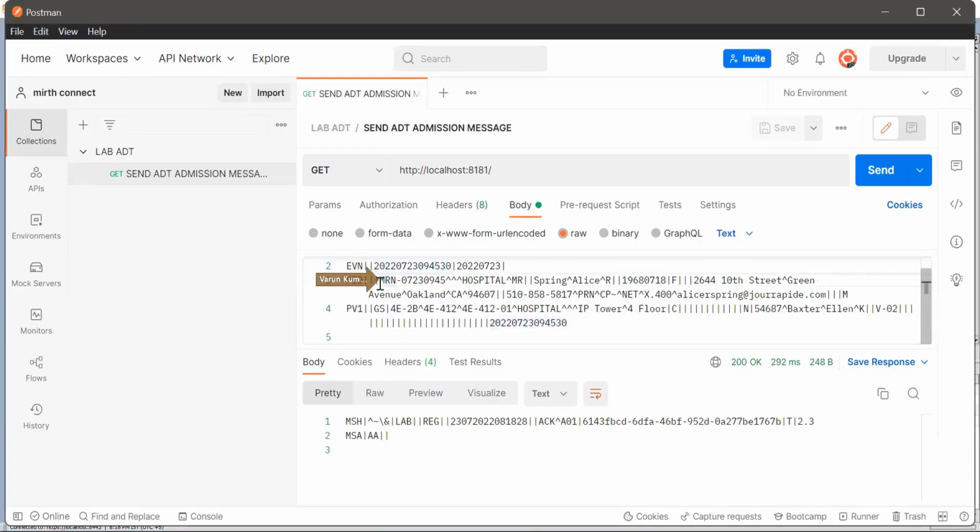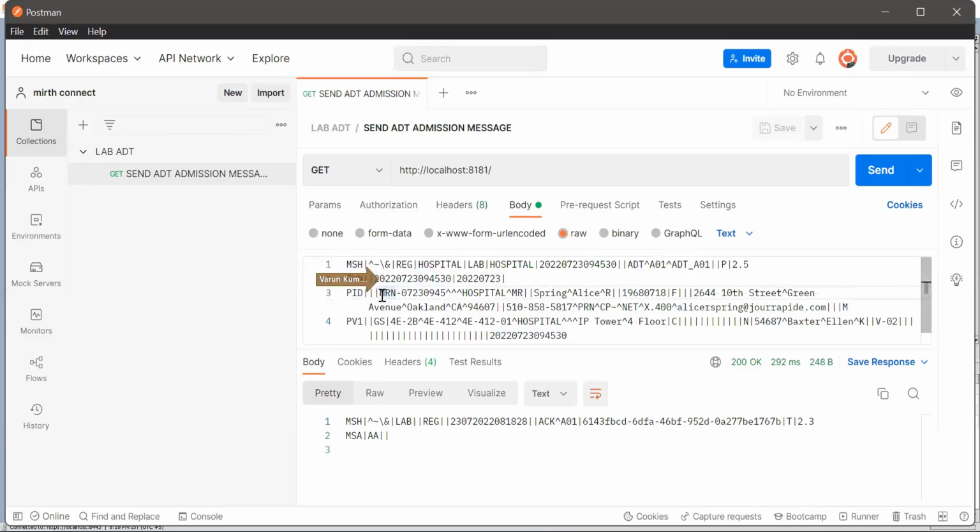Go up. Let us say this, RG we remove. Only RG. Yeah. And click on send.